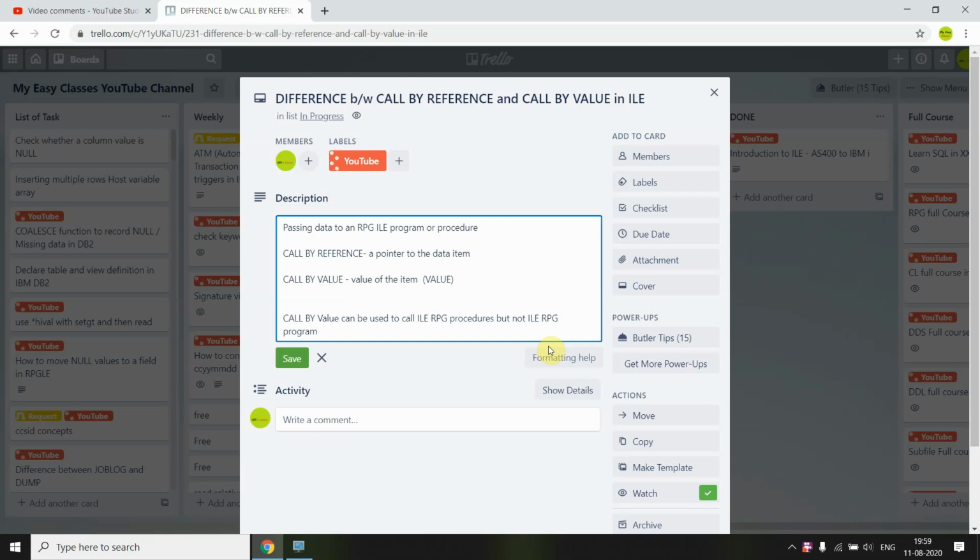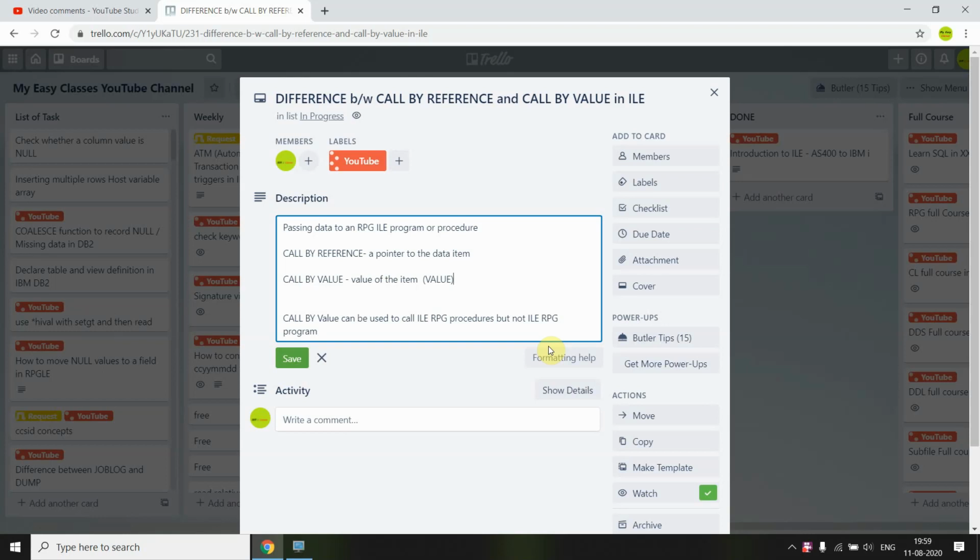Another difference: for example, in both cases, I call a sub procedure inside that program, pass values to it as an input parameter, and then change the values. In both cases, the sub procedure can change the value of the input parameter it receives, but the change is reflected in the calling program only in the case of reference. It won't be reflected in the calling parameters if we are using value.